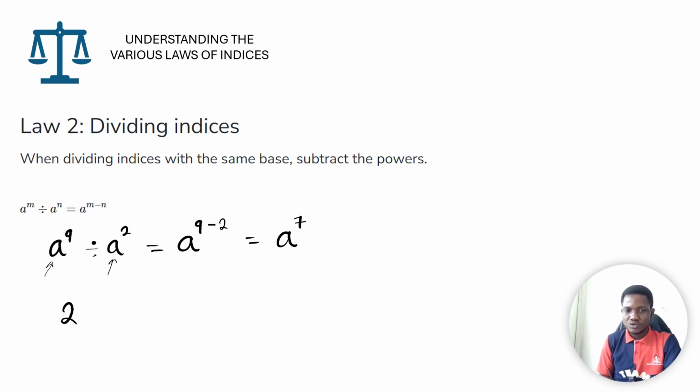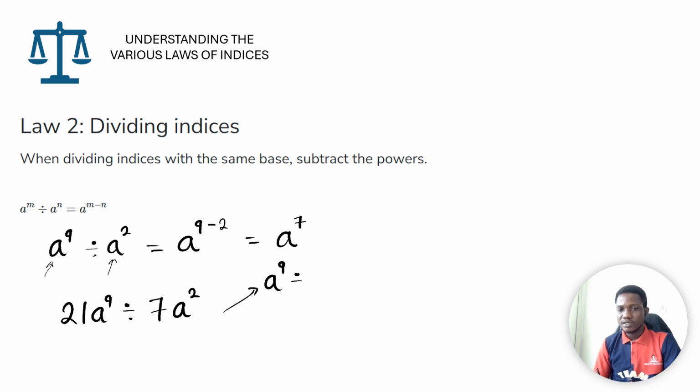What do you do in a case where your indices also have a coefficient? So if you have 21a to the power of 9 divided by 7a to the power of 2. Like the previous example, we just need to abide by 2 steps. First, focus on the index. And so if you have a to the power of 9 divided by a to the power of 2,